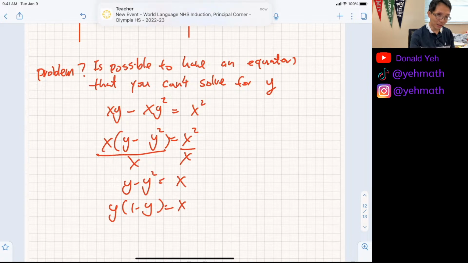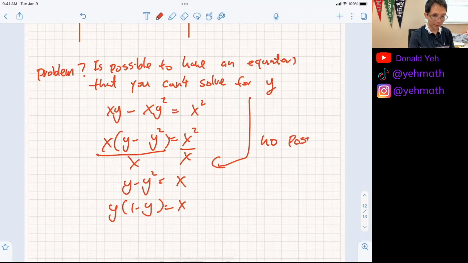So it's not possible. So no. Not possible, right? To solve for y by itself. It's not possible to solve for y. So then you say, well,